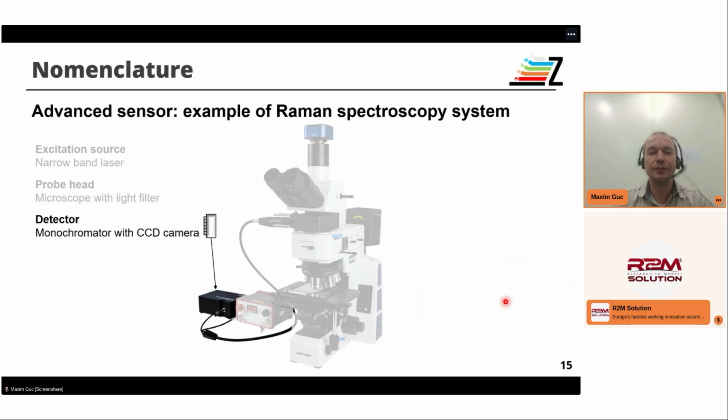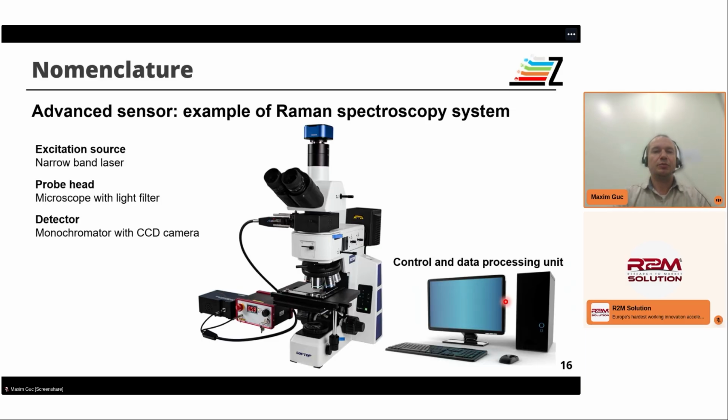different wavelengths. Like this, we can bring this complex system, which has different parts and different elements, to a very strict and easily explainable system. So we have three main parts, and then of course, as I said, we always have this control and data processing unit, which in this case would be a simple PC that shows us the data and allows us to make